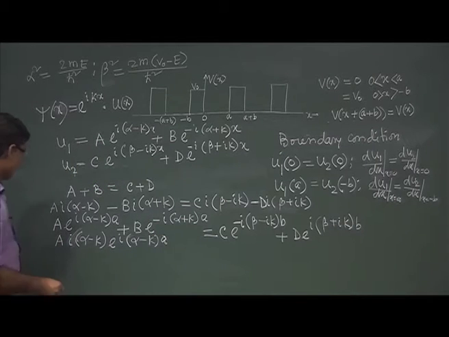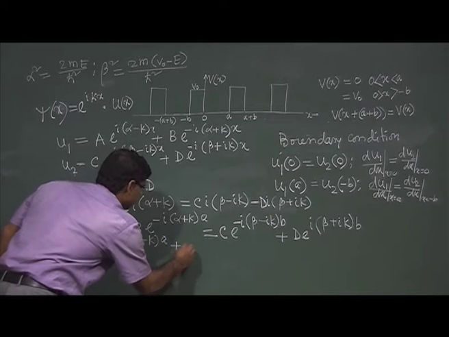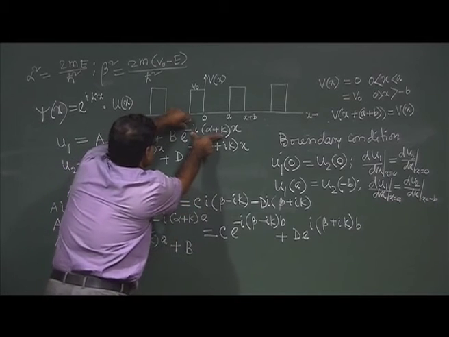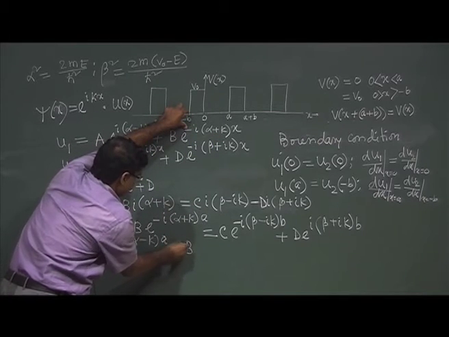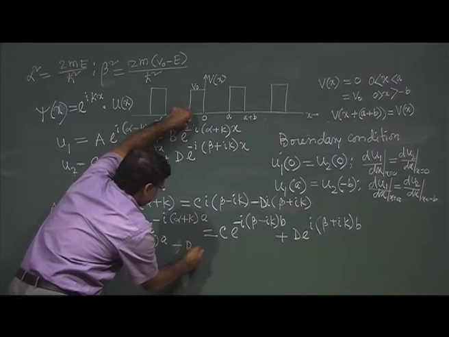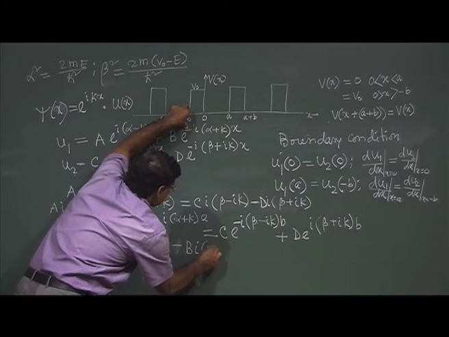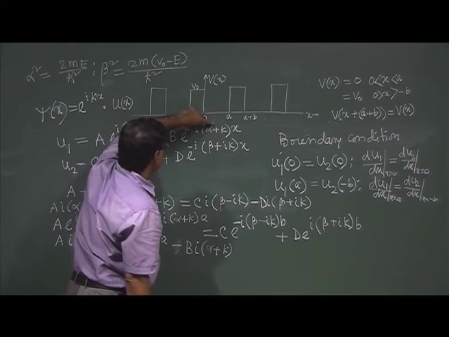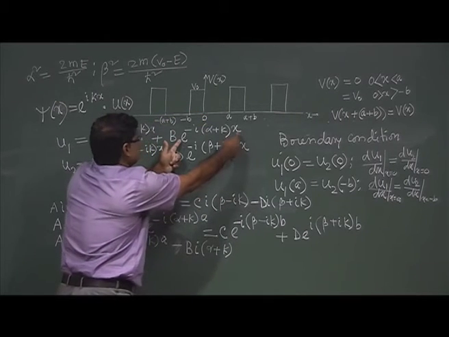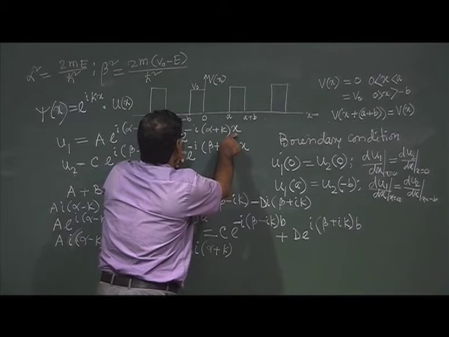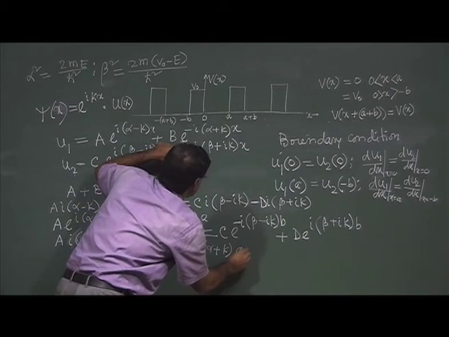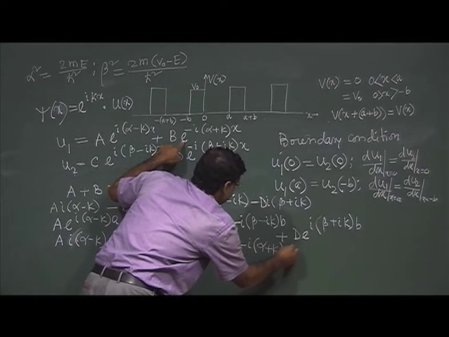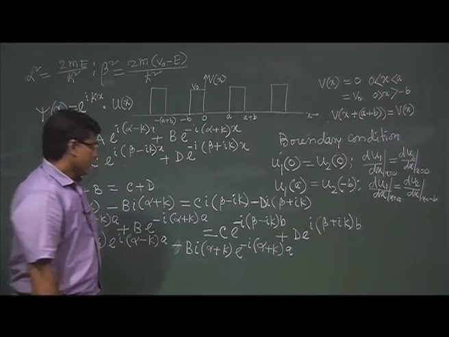So, this is one term plus b. When we differentiate, this part will come, so it will be minus b i(alpha plus k), okay. Then this term will be there, I have to put a. So, e to the power minus i(alpha plus k) a, right, equal to